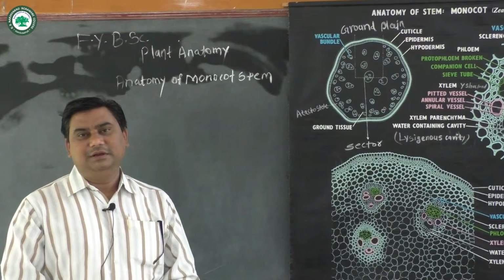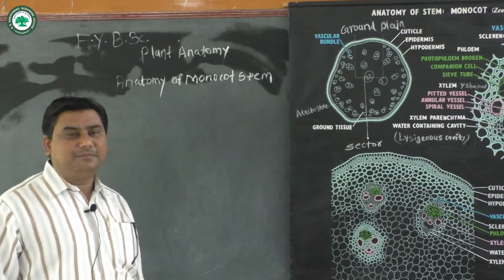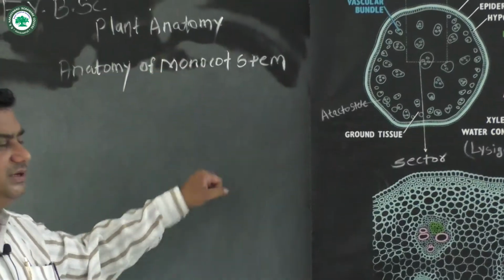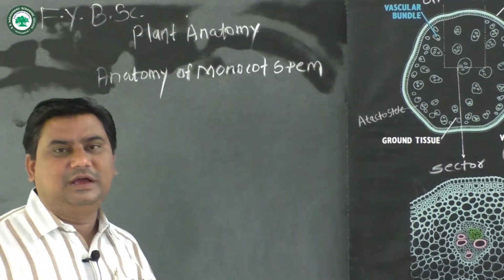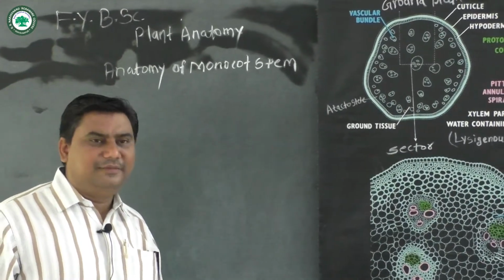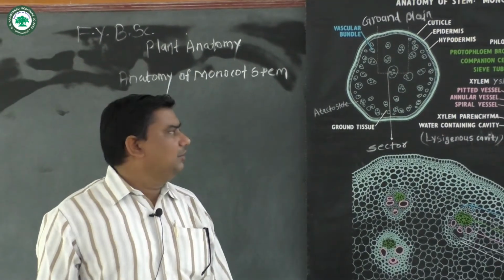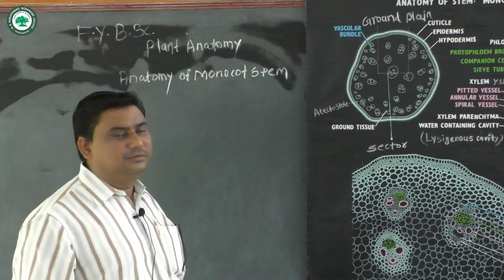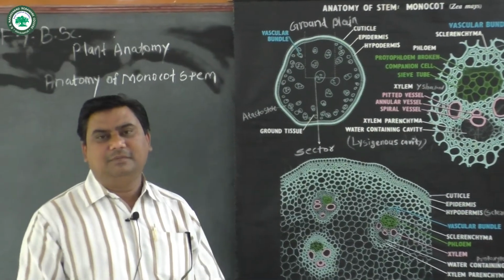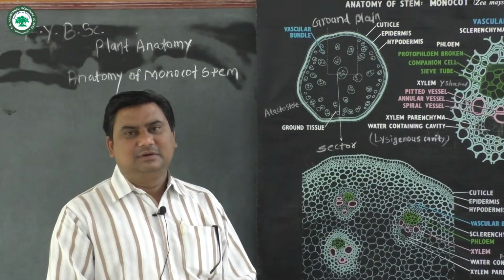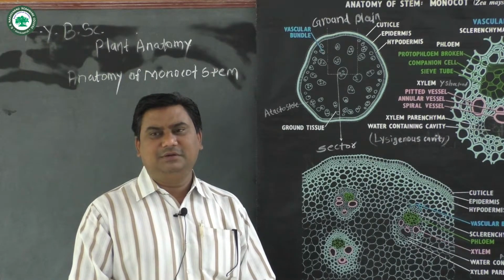Today we are going to deal with a topic from plant anatomy, and especially the anatomy of the monocot stem. As you know, there are dicot and monocot stems. Out of that, we are going to deal now with the anatomy of the monocot stem. In the monocot stem, I have taken the example of Zea mays for the anatomical purpose. Almost all monocot stems have similar anatomy,